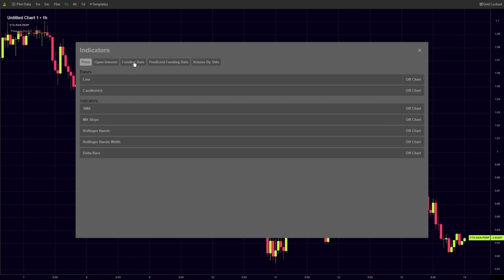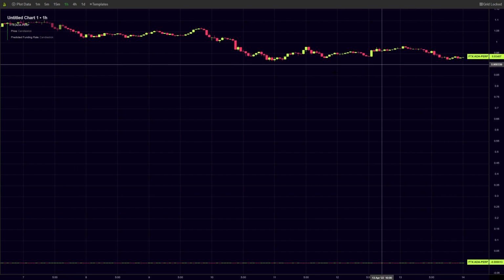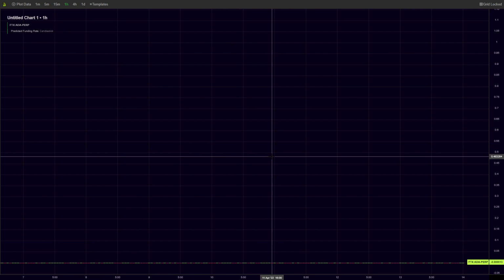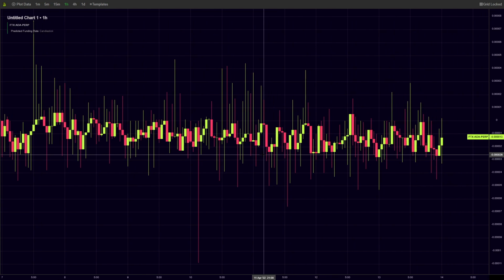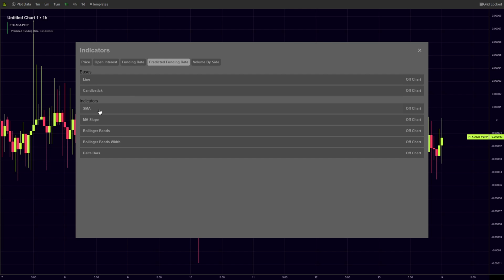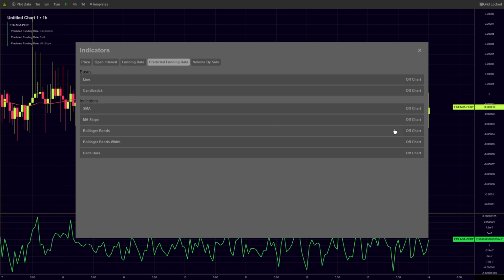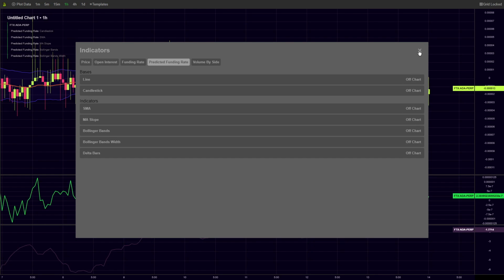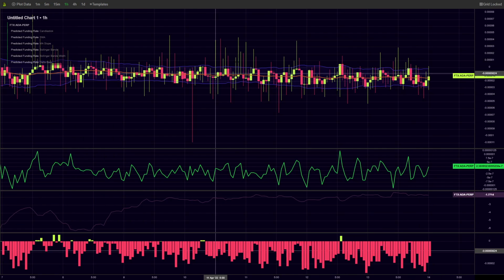That's why when we switch from price to funding rate or price to open interest or to predicted funding rate, we can see the same indicators are selected because the data model is the same. So if I plot the candlestick of predicted funding rate, and I hide this because funding rate's way less than AdaPerp's actual price, you can see the actual candlestick. It's just a candlestick. If I add more stuff for predicted funding rate, I can do an SMA, an MA slope, Bollinger Bands, Bollinger Bands width, the delta bars, whatever I want,